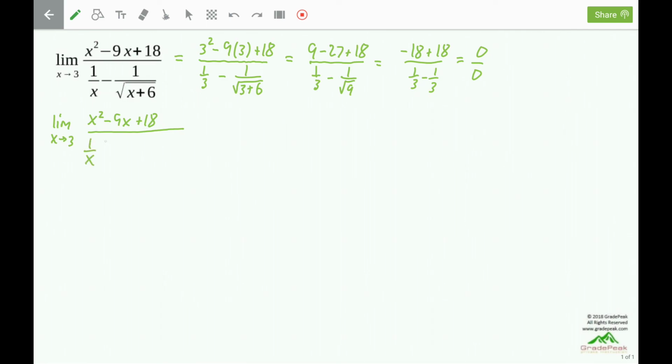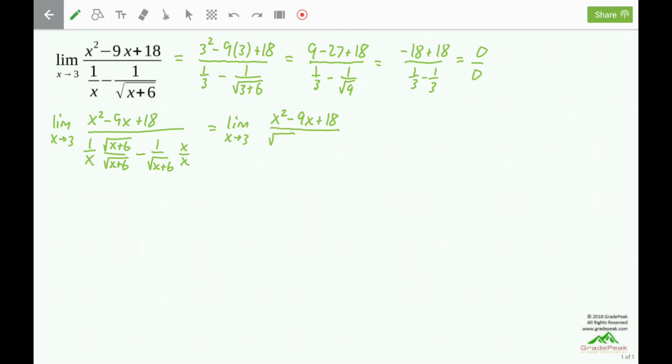We're going to multiply 1 over x by the square root of x plus 6 over the square root of x plus 6. And we're going to multiply the negative 1 over the square root of x plus 6 by x over x, so that we can get these over a common denominator. Limit as x goes to 3 of x squared minus 9x plus 18 divided by,